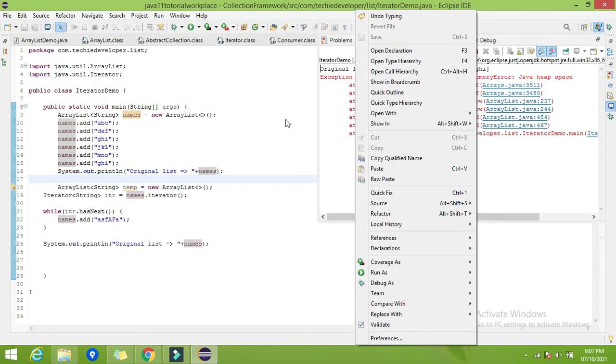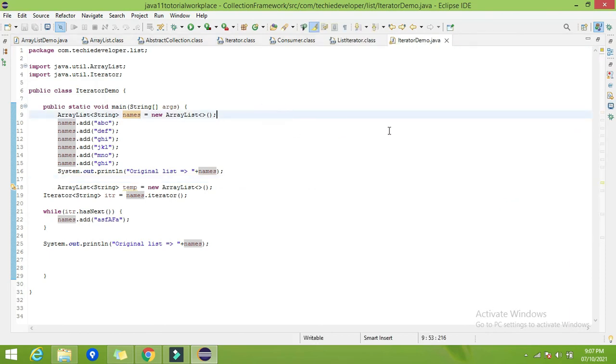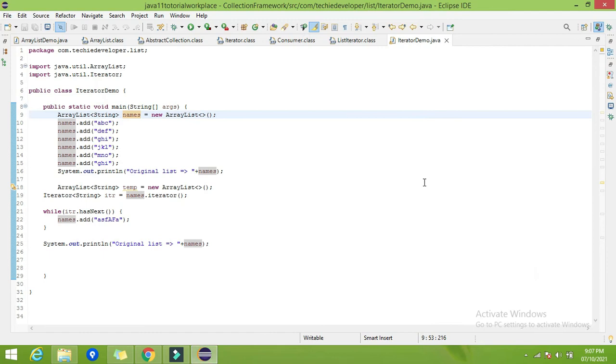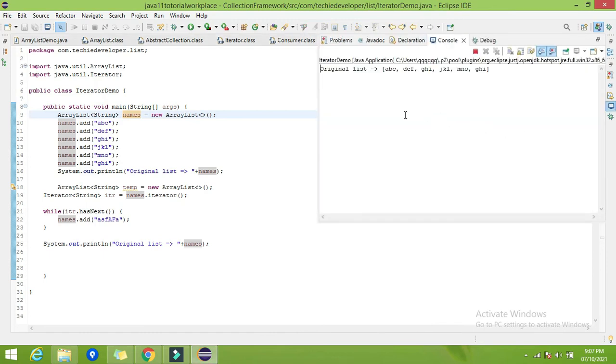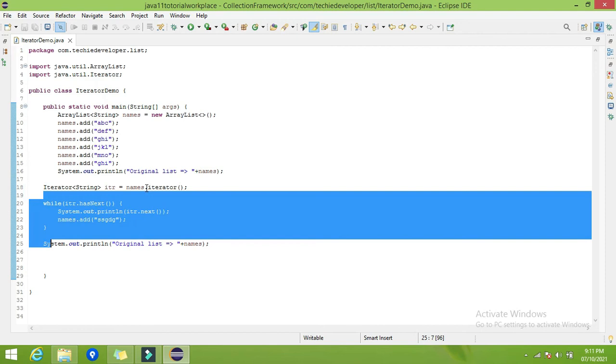Here it has given an error called heap memory issue. That is, I think, my laptop issue. It got hanged actually, so let me try running it again. Now we are getting the error called ConcurrentModificationException, because we are trying to modify the same object using two threads, one is our iterator and one is the main thread.